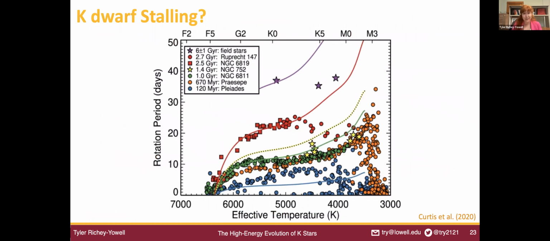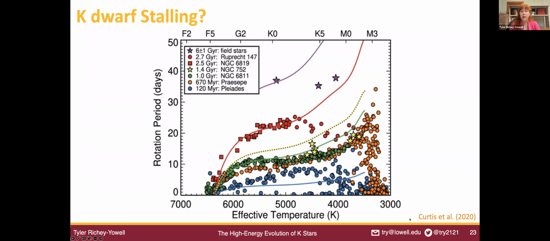So I had these results and I was like, what the heck is going on here? This is pretty contrary to what we thought would happen. Around the same time, when I was looking at these results, this work by Jason Curtis came out, and a light bulb went off where I thought, oh, maybe these two things are actually related. This plot from his paper shows rotation period as a function of effective temperature of the star